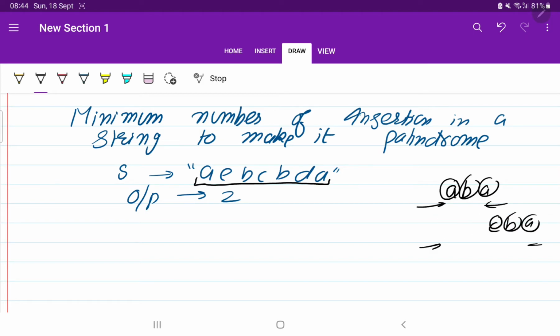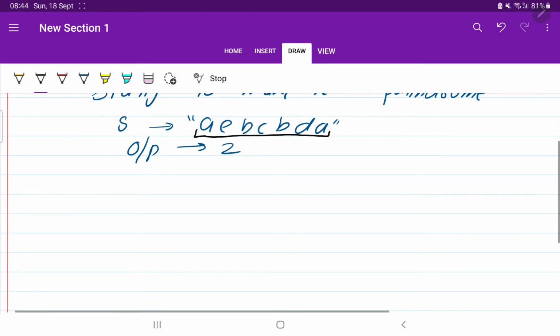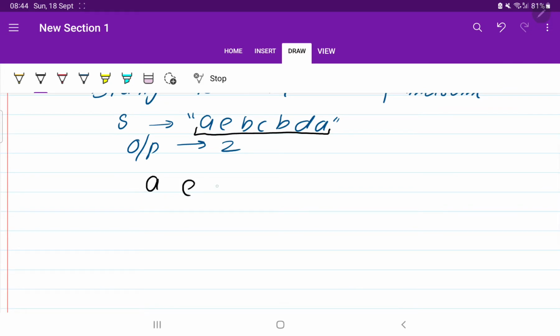A B B C C. So we need to check if the given string is not palindromic, we need to insert some elements and make it palindromic. Okay, so the question is given like this: